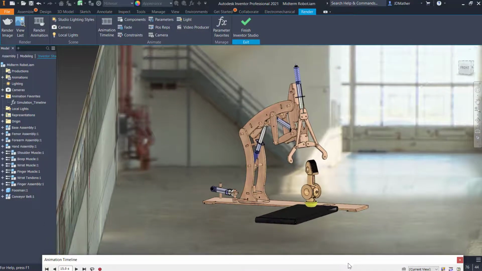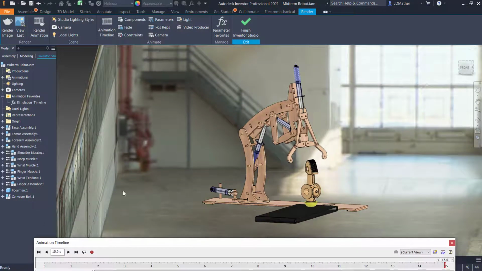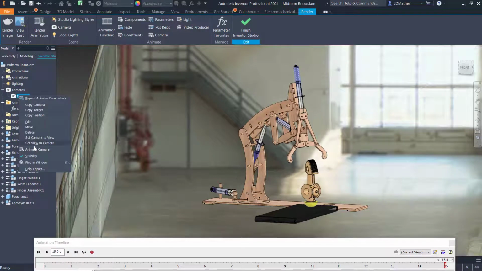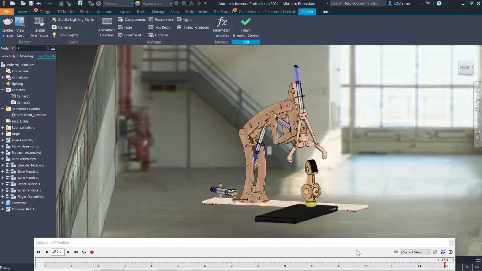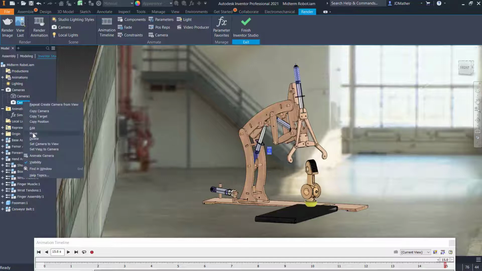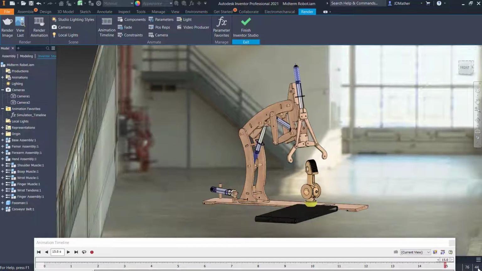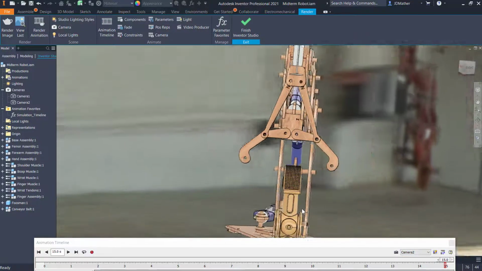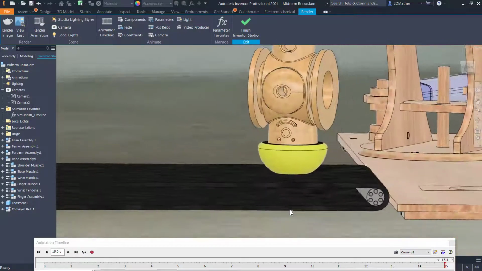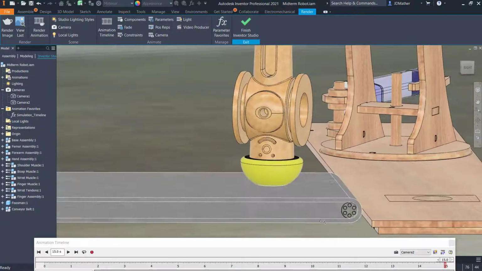And so I'm going to create a camera view here, so I'll right click, and I've already got one camera. Let's just turn off the visibility of that camera, and I'll create a new camera from this view, and I don't need to have it visible to use it, so I'll go ahead and turn off the visibility of this one, but I need to make one of those cameras active. I'm going to make camera 2 active, and then maybe I want to zoom into a particular location, and I